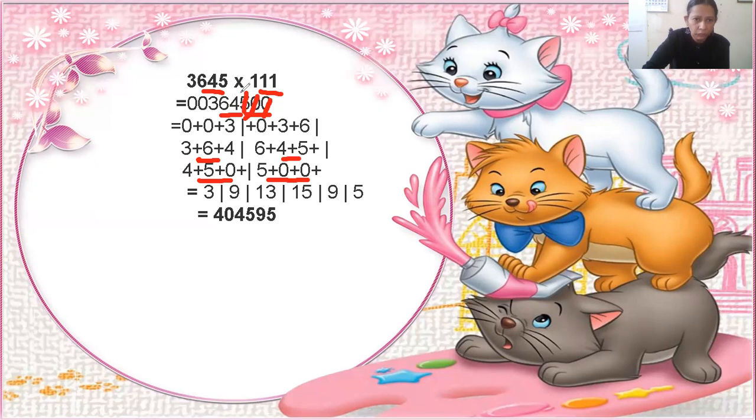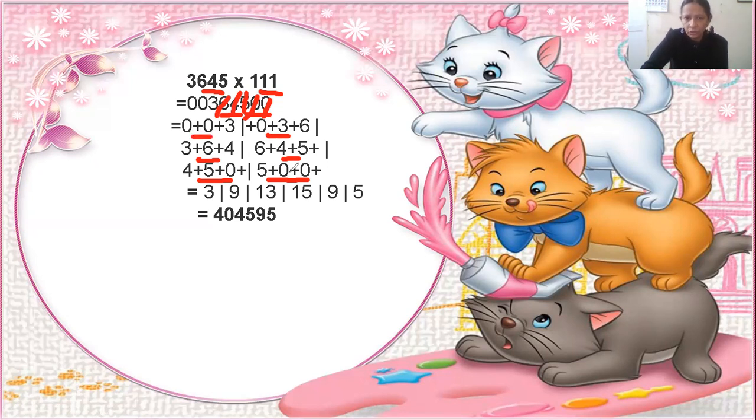Now you ignore this 4 also. When you ignore this 4, you look at the question. What are the next three terms? 0, 3 and 6. These are the next three terms. So here I have written the next three terms, 0 plus 3 plus 6. Now you look here, ignore this 6 also. Okay, and you see here only 0, 0, 3 are left, so I have written here.